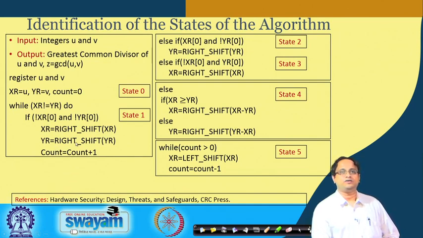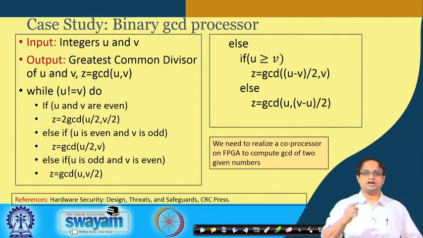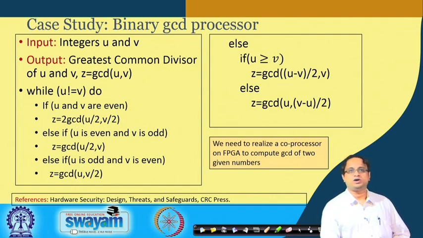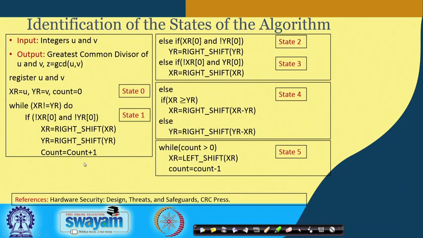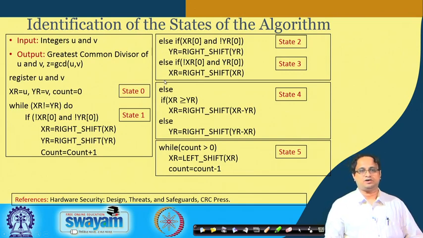And if you remember, in my previous algorithm I have to factor out 2, but rather than doing that now, I just keep a count of the number of times I am doing this operation. Okay. So I increment a counter, and count was initially 0, and I start incrementing count, like count plus plus, or count equal to count plus 1. So this is one part, or one state, of the algorithm. The other possibility which can happen is that again one of them is even and the other one is odd. Okay.